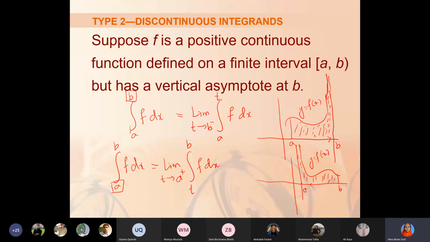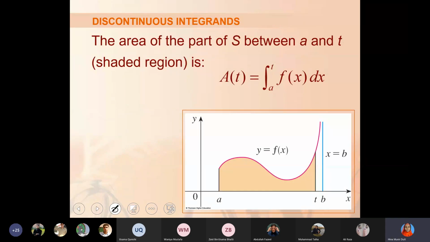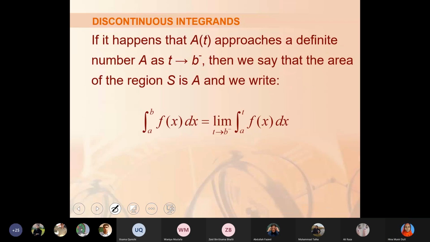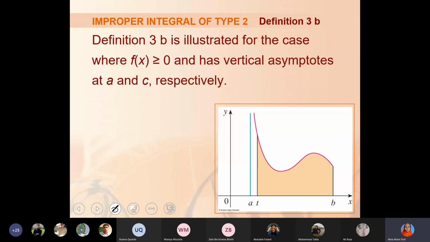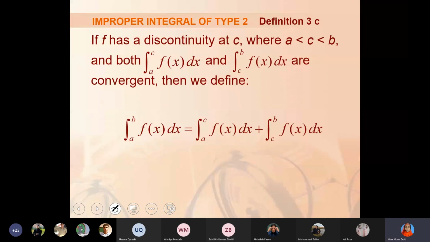Okay, so this is the second case of type 2, and these two are improper integrals of type 2. This is the first case, this is the second case, and the third case is when this